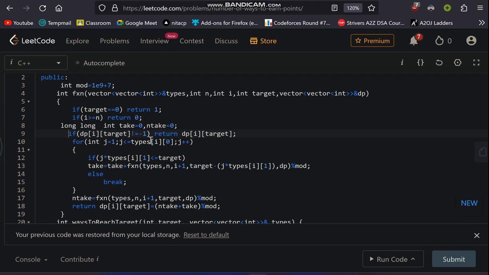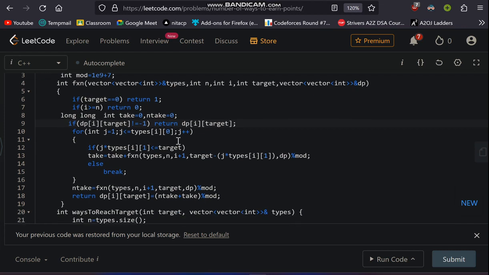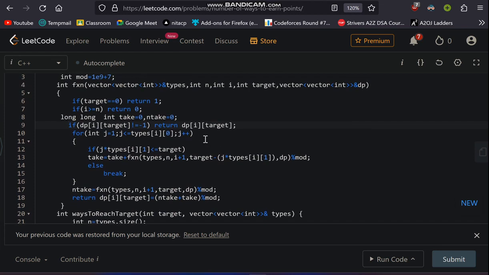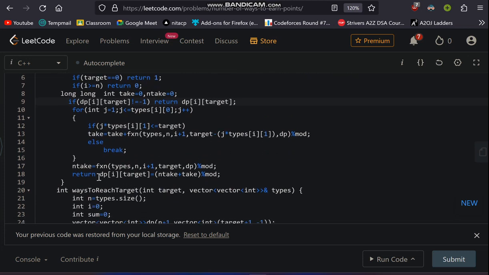Initially we fill the whole array with minus 1, so if the value is not minus 1, that means we got the result before. And if the problem is new, meaning the value is minus 1, we have to solve it, so I store the result in dp of i comma target.